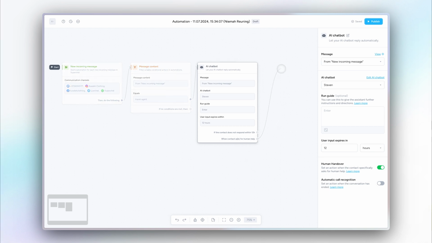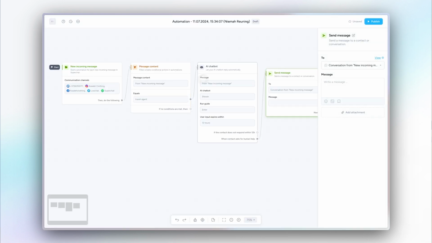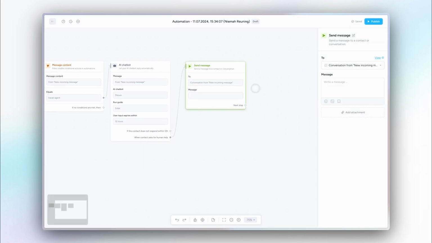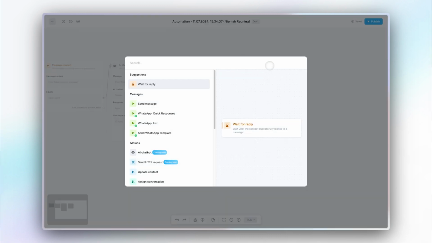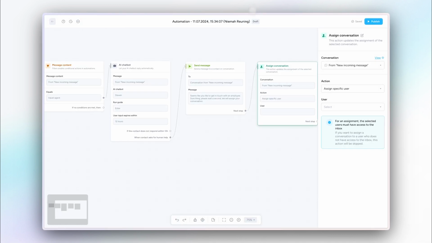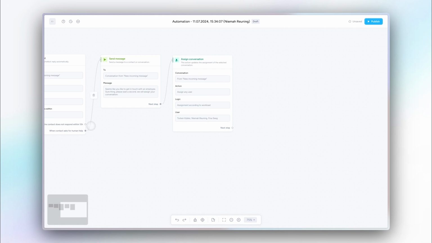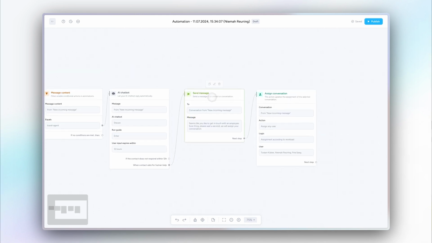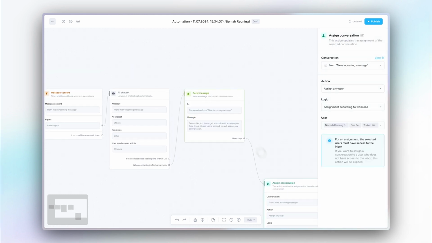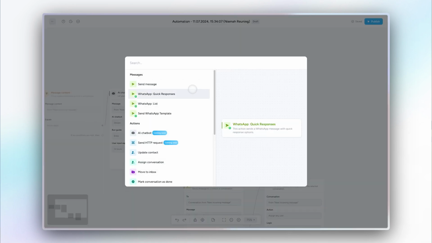From there, we'll add a send message node, where we'll inform the contact that a human staff member has taken over now. We'll also assign the conversation to an available person. If the contact doesn't respond for 12 hours, we'll end the AI flow and mark the conversation as completed.